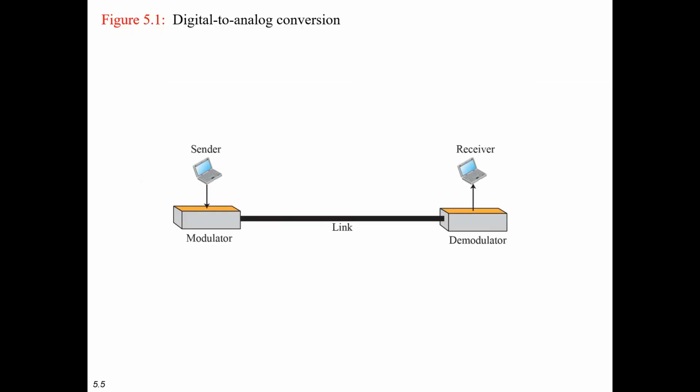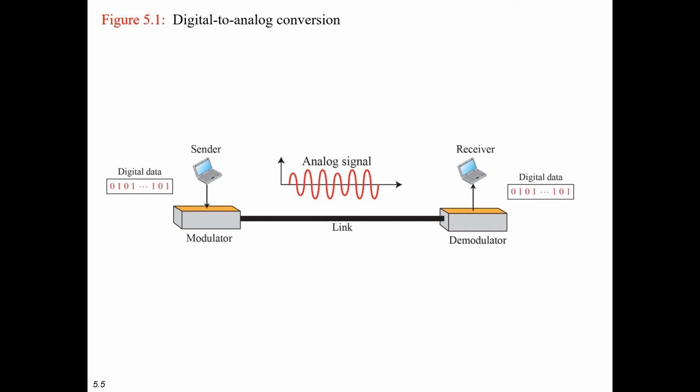So here, let us see this diagram. We have digital to analog conversion. We have digital data here on the left side, and we have a modulator. The modulator will convert the digital signal into an analog signal, as we can see, and then we will receive digital data at the end of the receiver. The most important part is played by this modulator and demodulator. The modulator changes the digital data to an analog signal, as you can see, and then the demodulator changes the analog signal